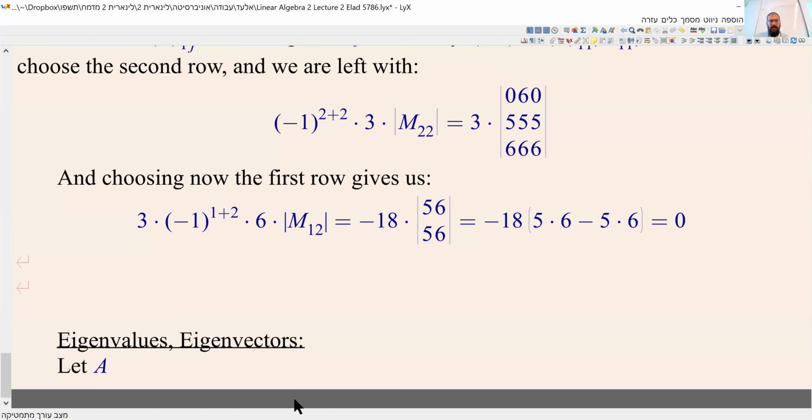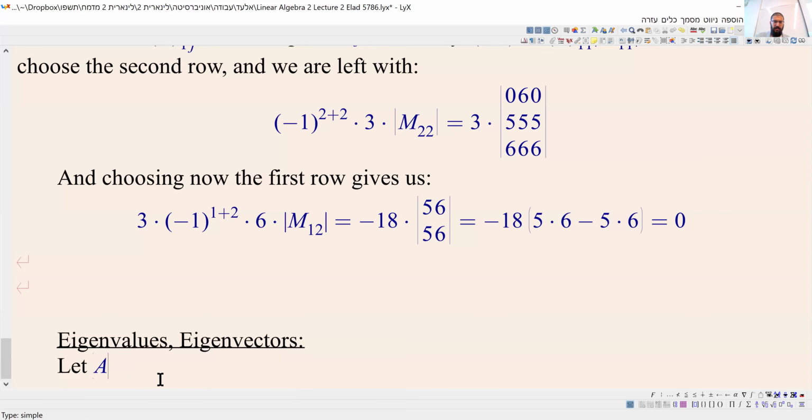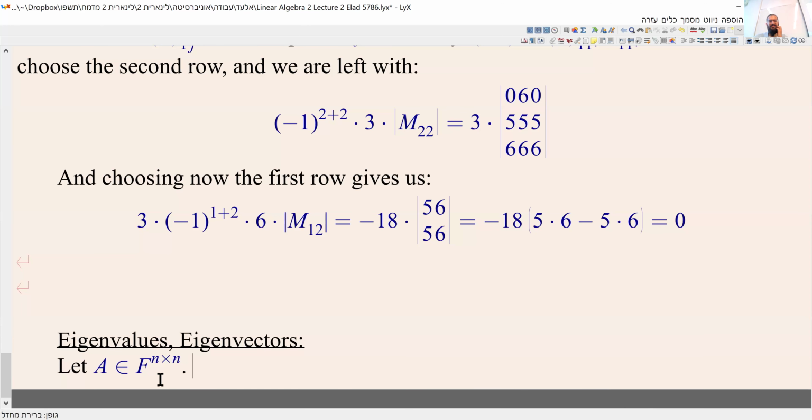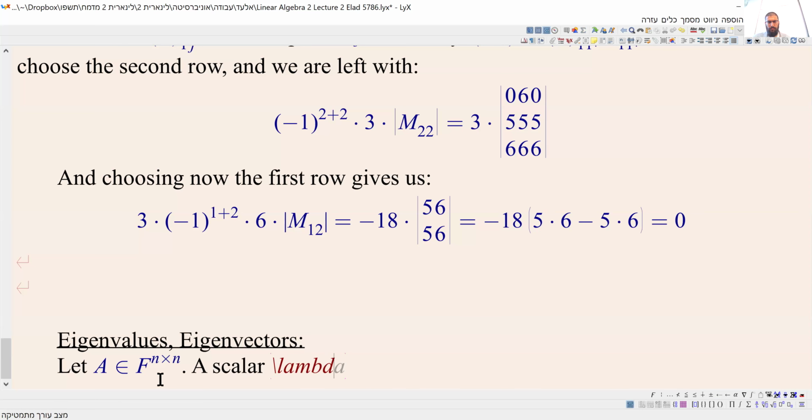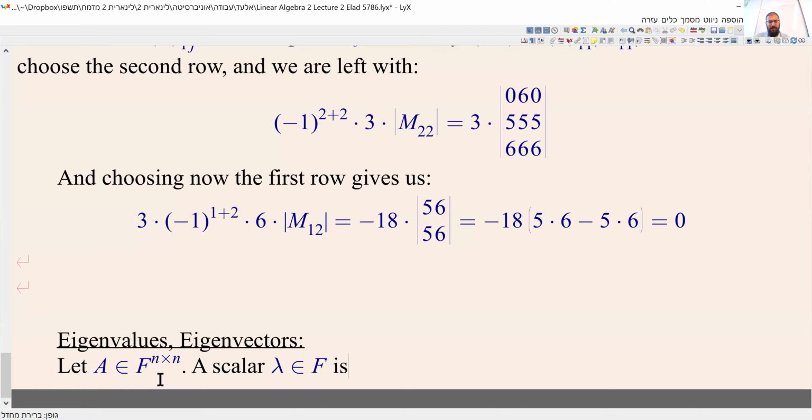Let A be a matrix in F^(n×n). Let a scalar be given. It is customary to use the letter lambda. I don't know why, but it is. Lambda in F is called